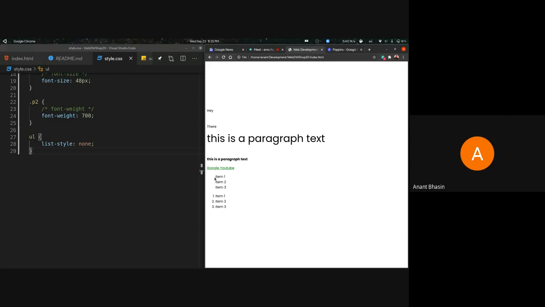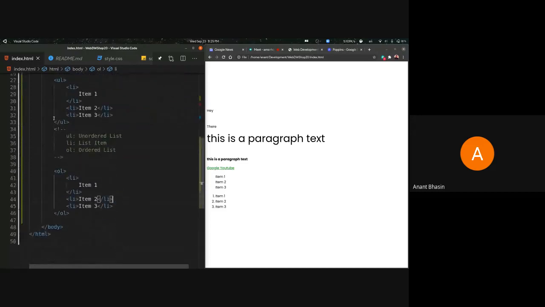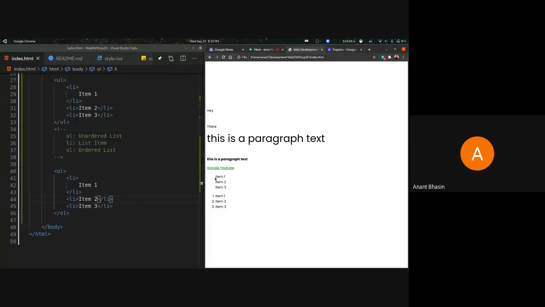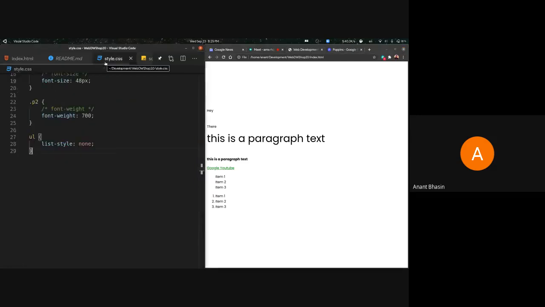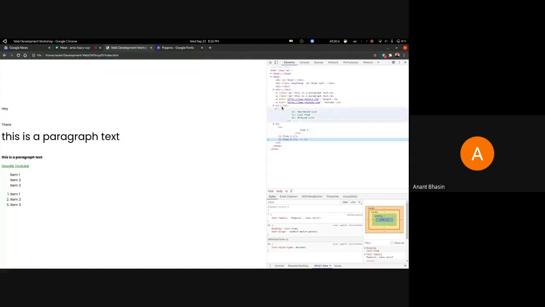Right, and as you can see, UL, LI, OL, we're talking about them specifically because they come with some default styling. So you can provide these properties to any other element as well. But as you can see, there's a certain amount of margin that these elements have. That there's some padding. That there are these numbers and different kind of stuff. So these are the default styling which you can then explore for what UL, LI, and OL have. So if we just go to inspect, you can check the exact styling that the browser has for these.